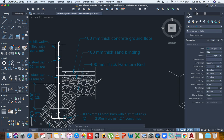Normally, when you dig the foundation, the inside of the building is dug down a bit as well to receive what we call the hard core. The hard core provides a level, sturdy foundation for the ground floor to be laid, the concrete slab. Then after laying this, you will now lay the sand blinding, which provides an even more even surface to receive